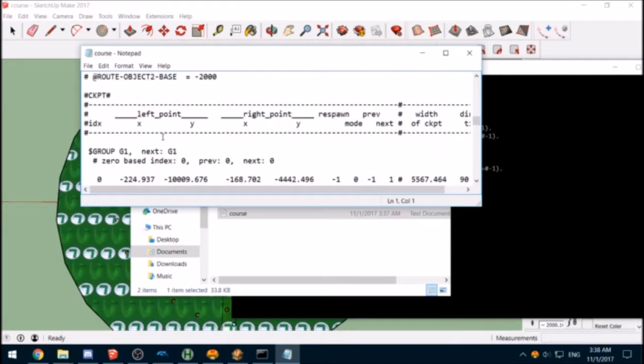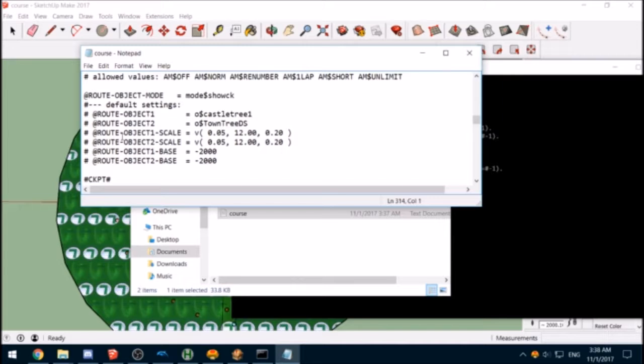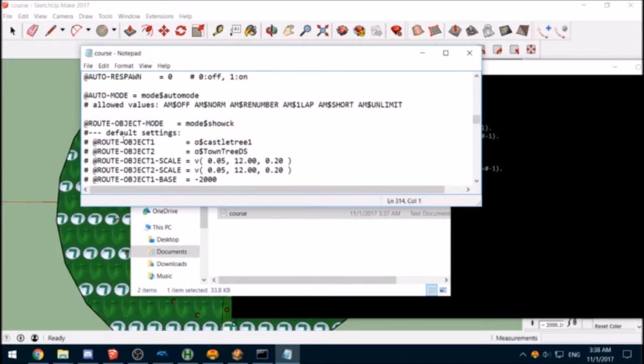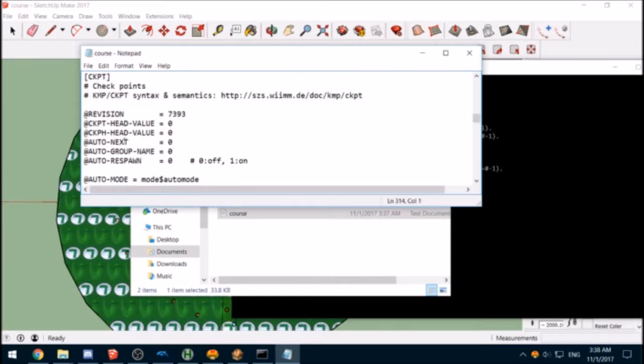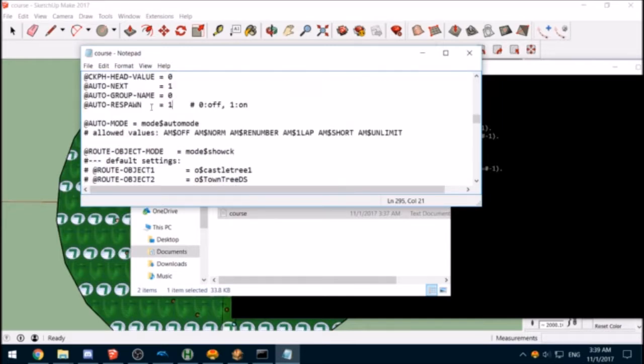Alright, so this is the checkpoint, and right here you're going to want to add auto respawn, auto next to 1, and auto respawn to 1 under the CKPT, and I believe that's it.